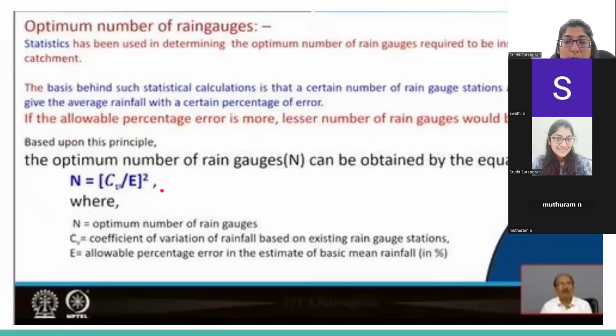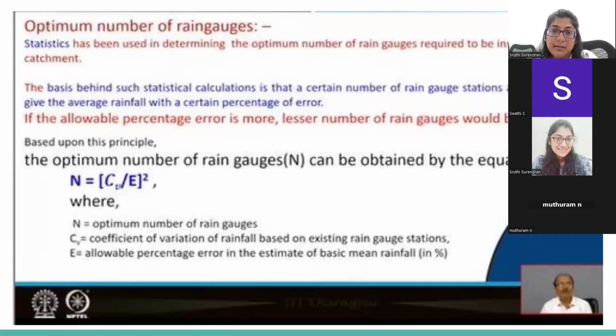Like we had decided based on the type of area, the IS has recommended that there should be one station for every 520 square kilometers. But there is also a requirement to determine what is the best number of rain gauges that is required for